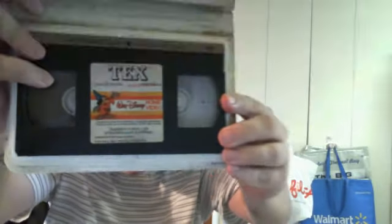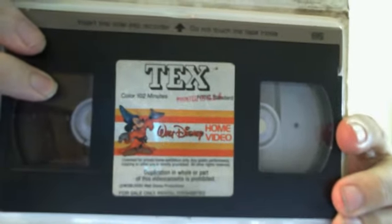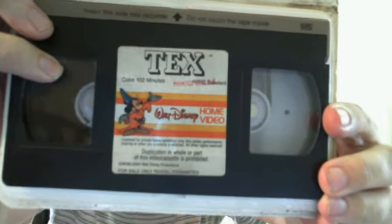This has the older style face label. Although for some reason it's too big. It overlaps the area designated for the label. So, I don't know what that's all about. But anyway,